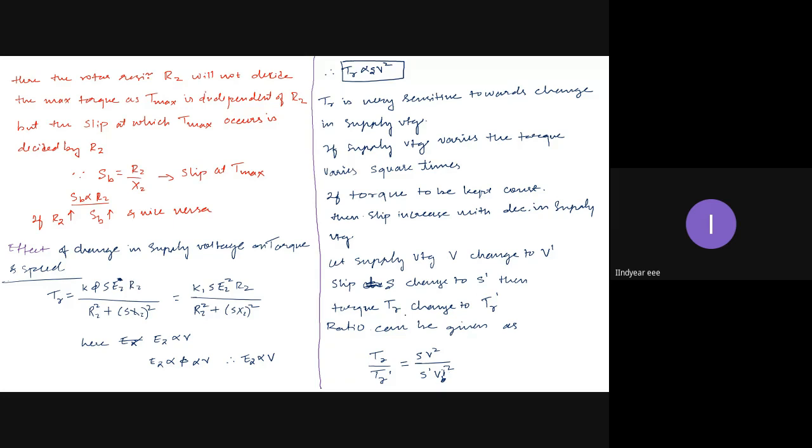If I keep this ratio constant, my change in torque will not be there. This is a very important relation in control of induction motor. The best example I will give you for this kind of control,